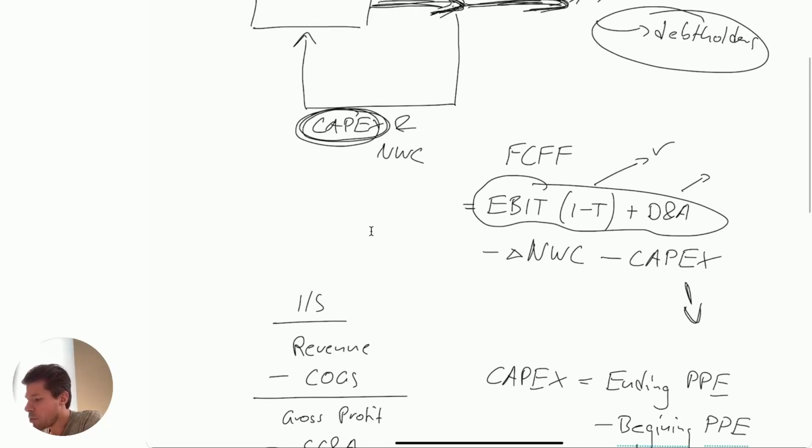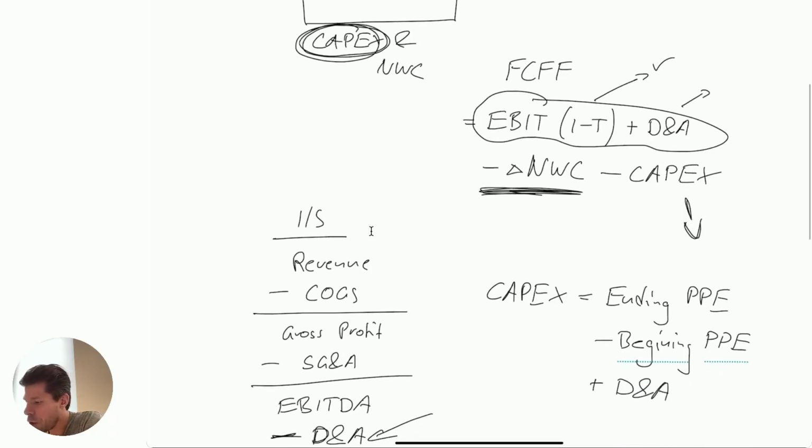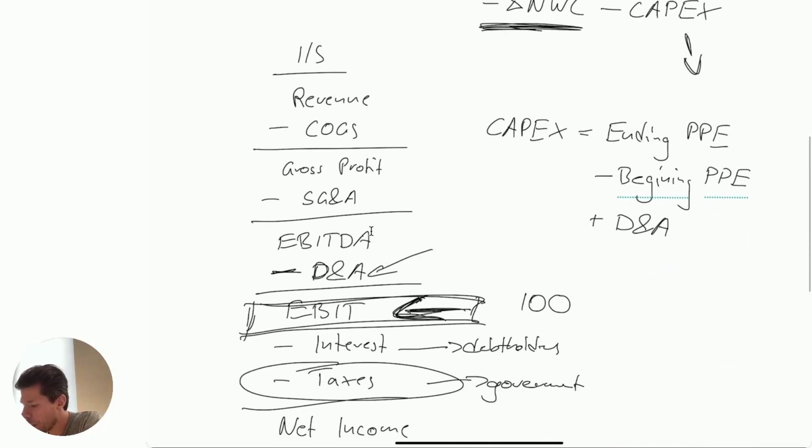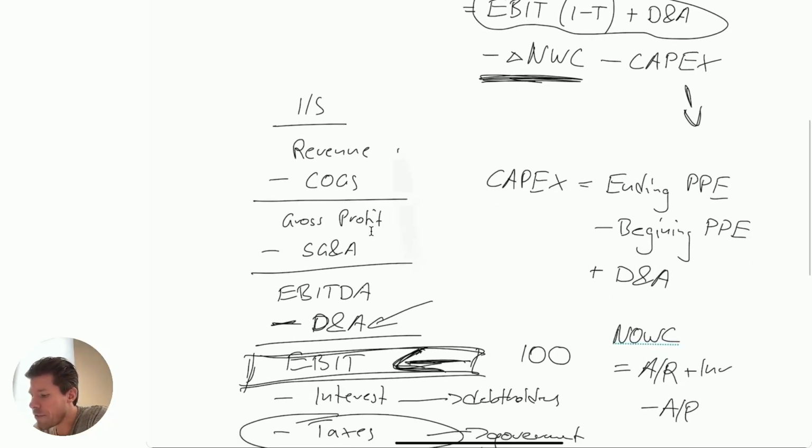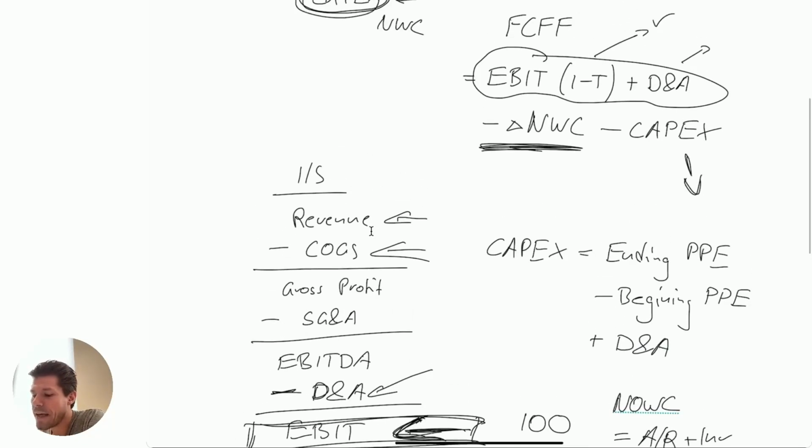As an adjustment, the last one is net working capital. And net working capital, we talked about it, especially net operating working capital, which is accounts receivables plus inventory minus accounts payable. And here the main reason is all those different items, especially revenue and cost of goods sold, again, they are not clean. Because we use accrual accounting here, we record revenue and COGS when they are earned, not when they